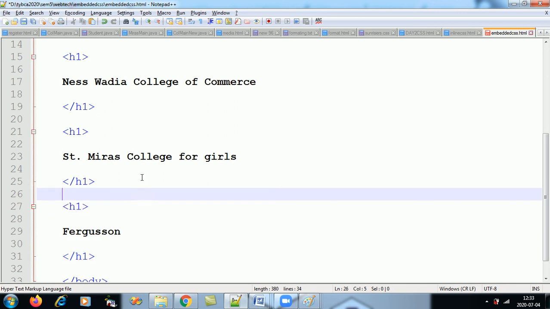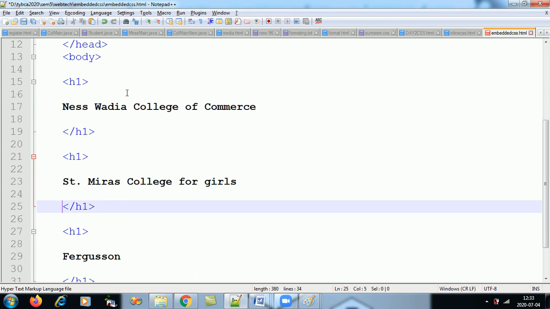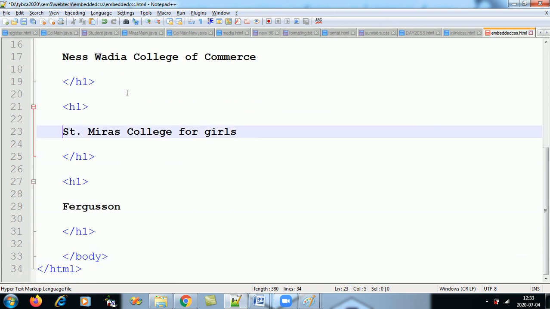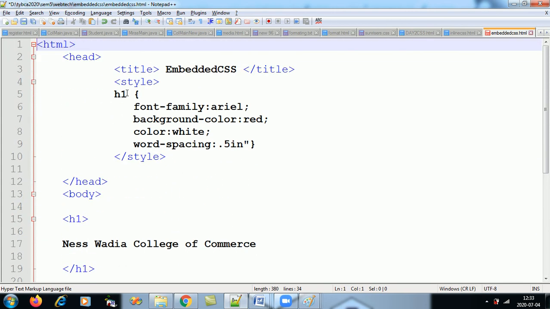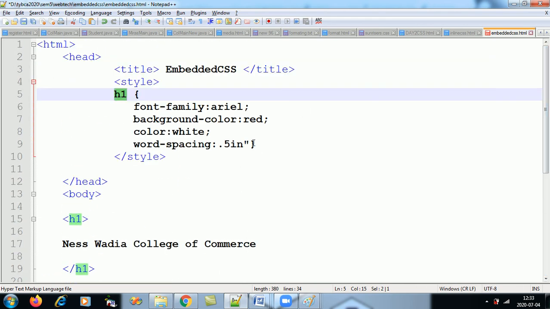We just have to write H1 Neswadia, H1 Saint Miraz, H1 Ferguson, and in the head, in the style tag, this is the selector. So wherever you come across H1 in this page, that H1 will take this style. So if I save it, this is embedded CSS.